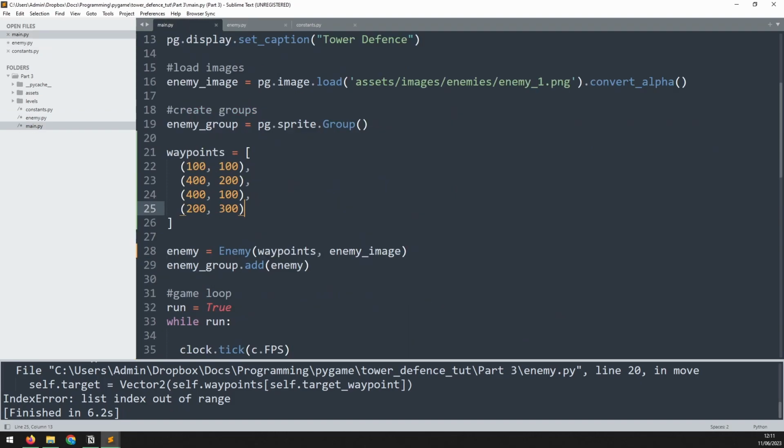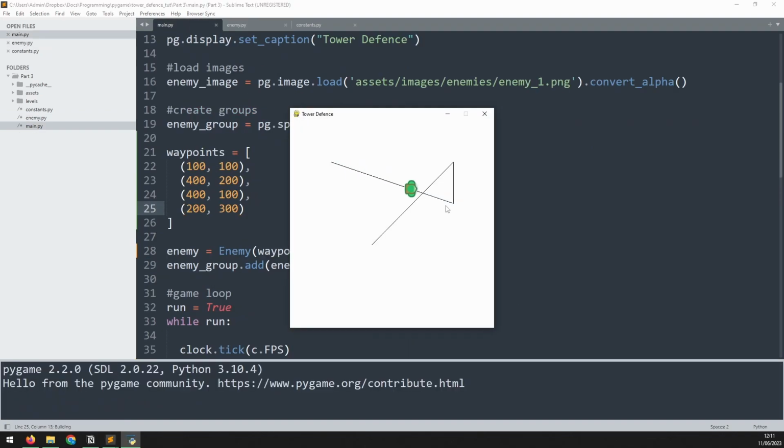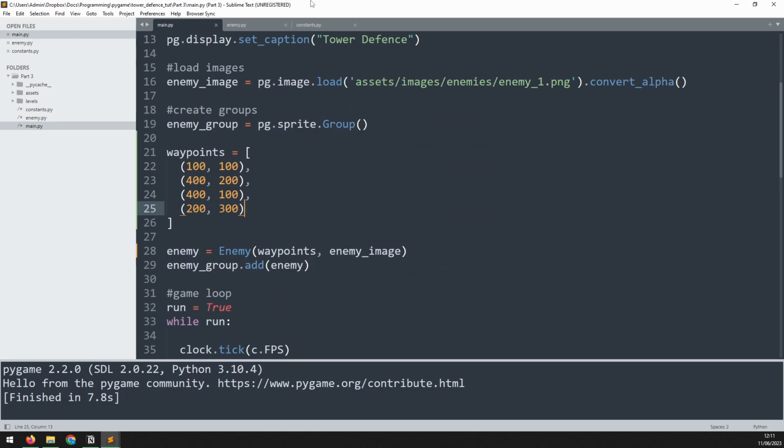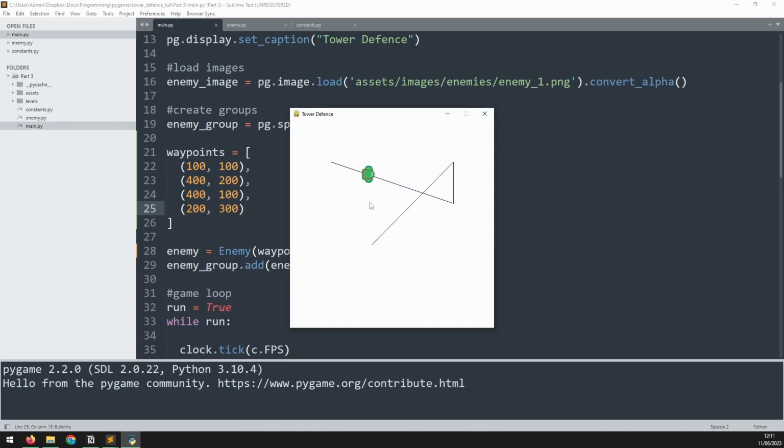Now we can run this again. The enemy follows the waypoint, goes to the first one, second one, and when it gets to the end, it disappears. Now at this point, we've got most of this working. The only thing that I would like to do is actually have the enemy rotate to face the correct way. So right now, it's just always pointing to the right,